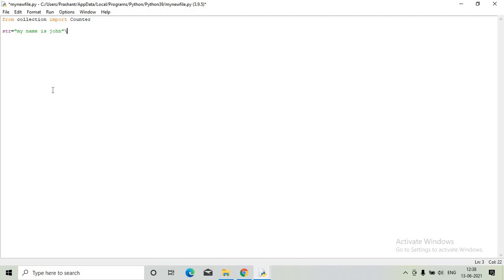So here we'll use the counter. Counter of the string. What will it display? It will display the count of each character that is present in the string. Just run this out.